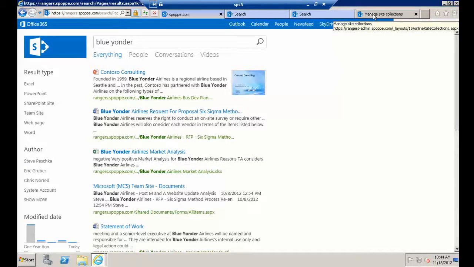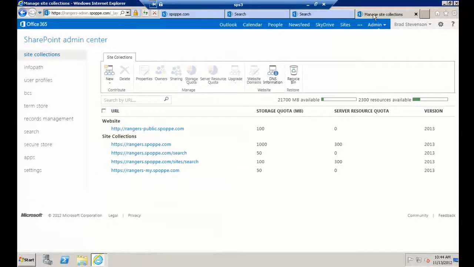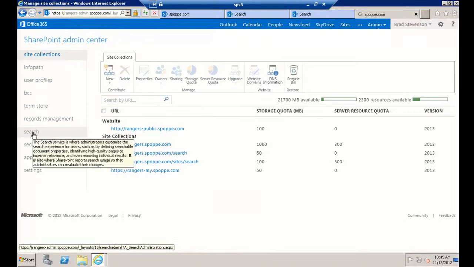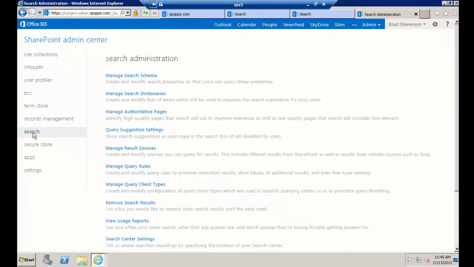So that's a very quick tour of the user experience side of things. If we go to the admin side of things, I'll show you what the tenant administration experience looks like. We got here just by clicking on admin and then SharePoint. And so I have all of the different services or workloads here. If we drill into the search experience,